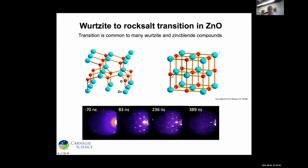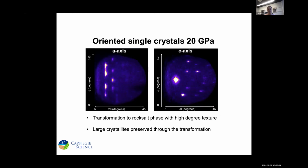And here the data on the bottom shows the series of 4 frames that we collected during this experiment, where the first frame is collected prior to impact. And so we can use these Laue spots to understand the initial orientation of our sample. And then the second frame corresponds to 80 nanoseconds after impact. So this is a uniform 20 GPa stress state, and the final 2 frames show the results of some release. And so similar to what we saw in alpha quartz, these data show